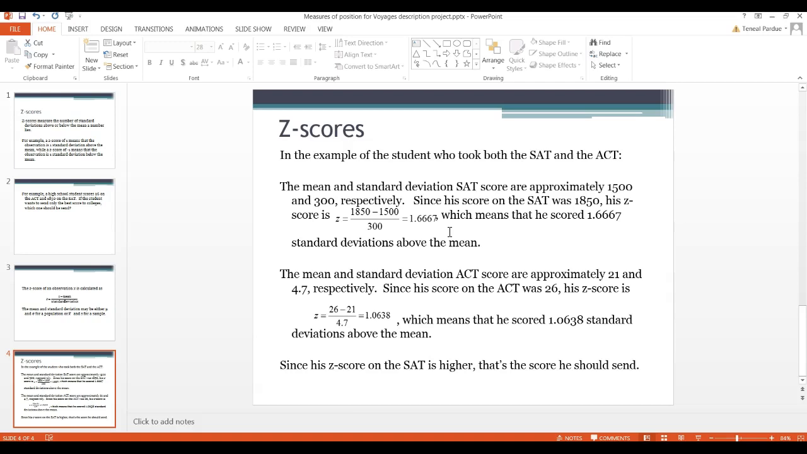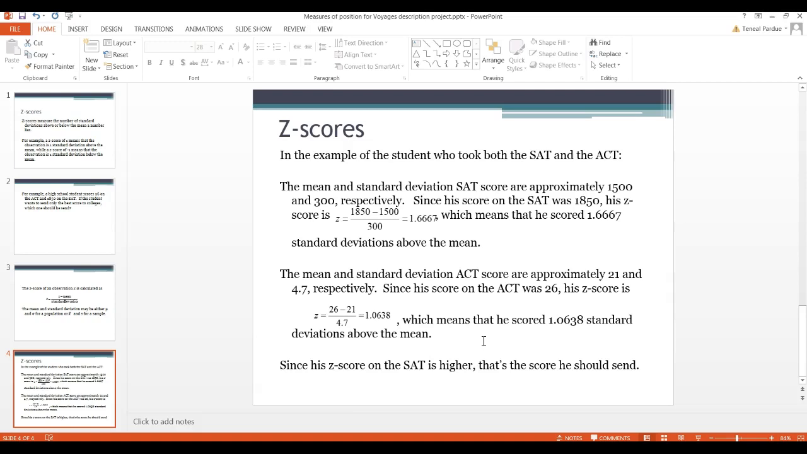On the ACT, if we assume the mean ACT score is 21 and the standard deviation is 4.7, the student scored 26. So we'd subtract the mean, divide by the standard deviation, and we'd get that the student scored a little over 1 standard deviation above the mean. So in comparison, that tells you that the student's score on the SAT was higher, so that'd be the one